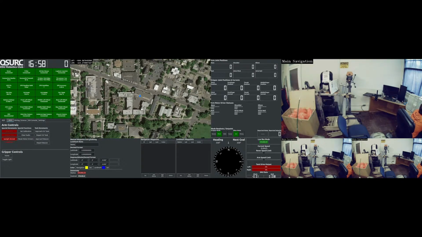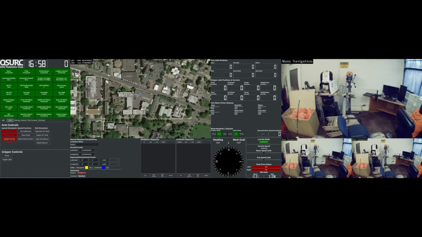Be slow and careful with it. Click and drag to pan, scrolling for zoom. And you just have to be careful with it. Up in the left-hand corner, you get the live readout of the latitude and longitude of the rover from the GPS. And then the heading shown on that map is equivalent to the heading that you see down here on the compass, although the next goal reading is the